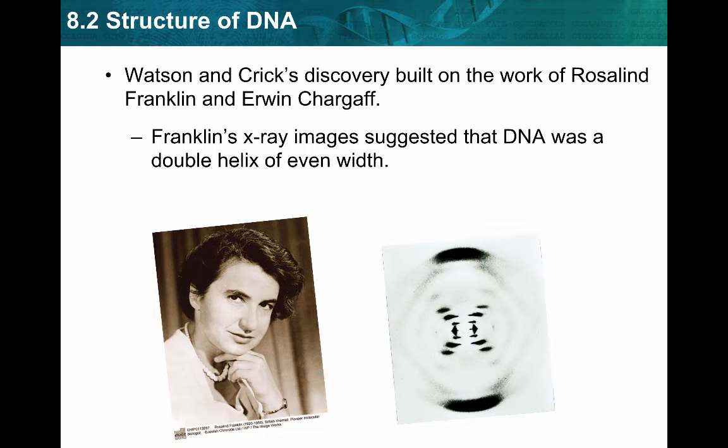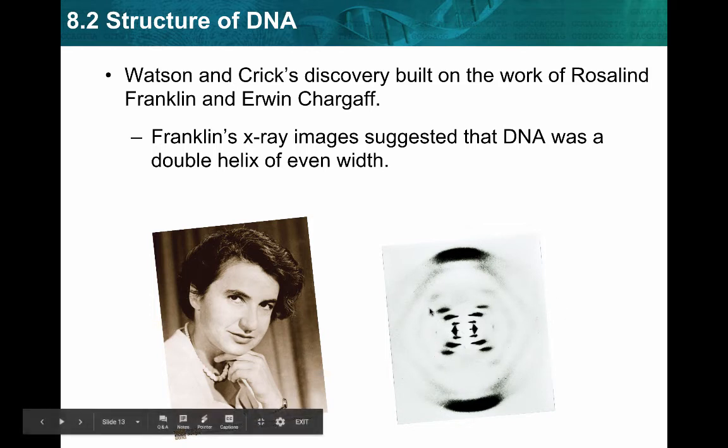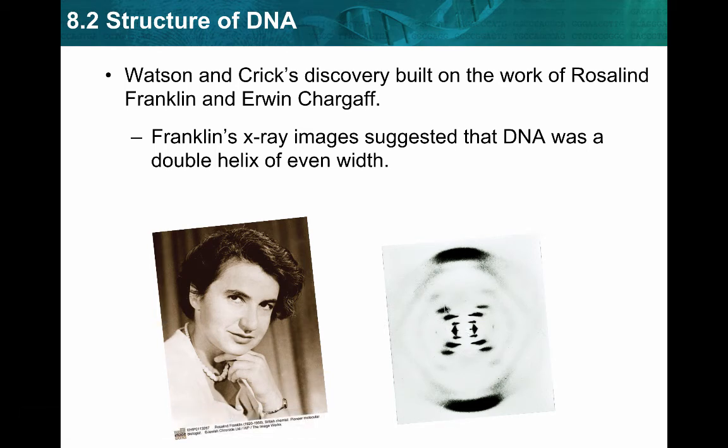But that X-ray image told her some stuff about DNA that Watson and Crick didn't know. One thing was that the double helix was an even width all the way across. So the story is that Watson and Crick came upon Franklin's X-ray image not with her approval. She didn't know they saw it. They were given a copy or shown a copy of it. And when they were shown that copy, that's when they figured out what they were doing wrong with their model, and figured out the even width, as well as